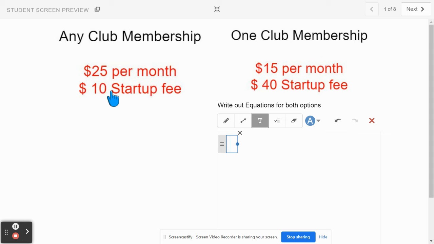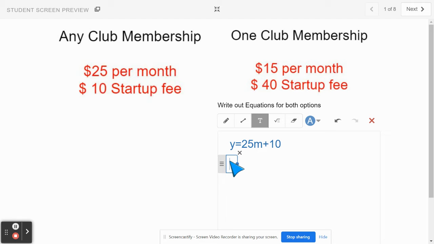So for this side, we should know that it's going to be the fee, that's your y-intercept. So the $25 per month plus $10. I put per month here to help you, so it's $25 per month. You don't have to do that. Oh, and we're going to go ahead and put out this next equation. Sorry, I got a little confused there. We're good. And the next one's going to be,